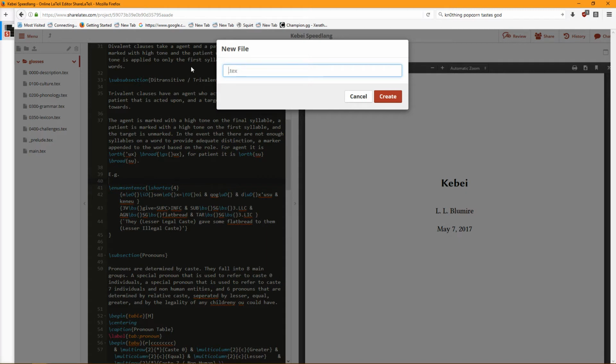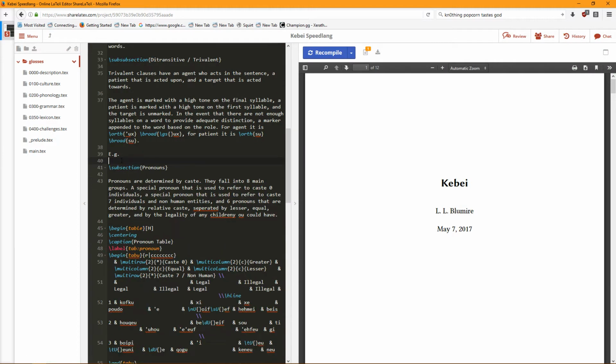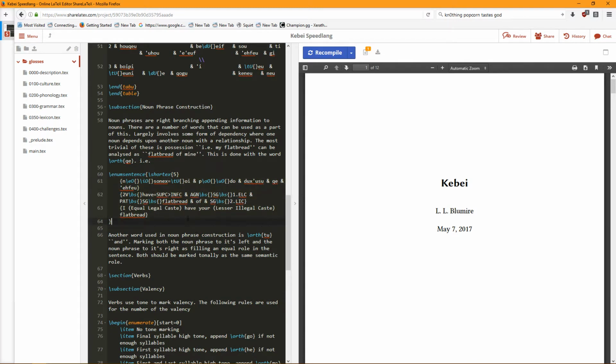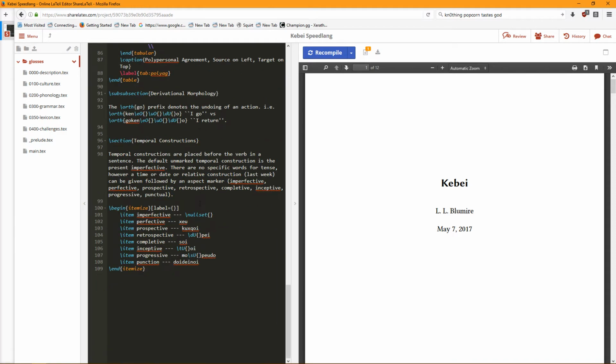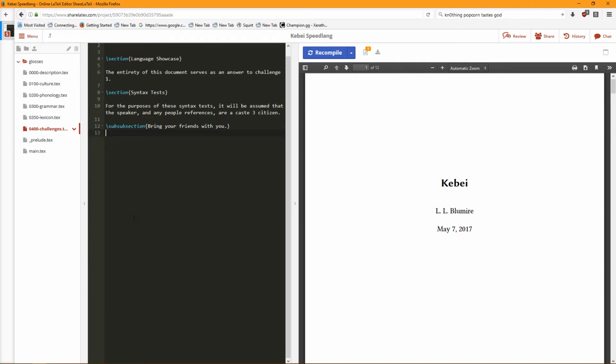What is this? This is the they gave some flatbread to them. So what is this an example? This is a valency example. Okay, you know what? Let's remove this for now. Let's remove any examples in the language right now. We'll just remove all our glosses because there's a lot of stuff that I need to rework, which is going to mean I'd have to rewrite a lot of these anyway. And then the only other one is going to be in the challenges section, which is this monstrosity.